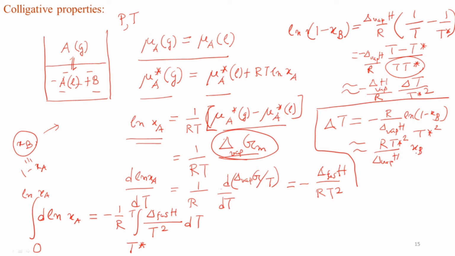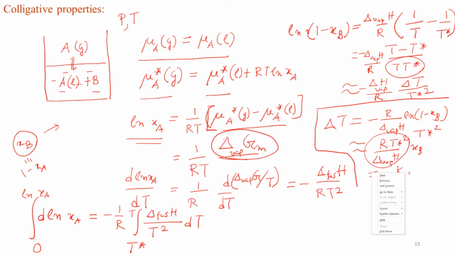So this is some constant into xb, and you can further approximate that xb is proportional to the molality of b, and then you can get some other constant, which is basically this constant multiplied by the proportionality constant between mole fraction and the molality, and then you can write it in terms of the molality,